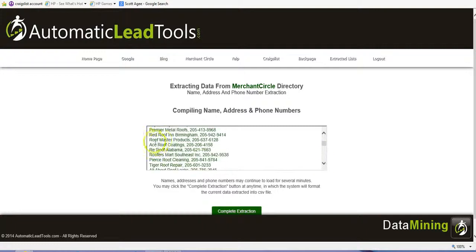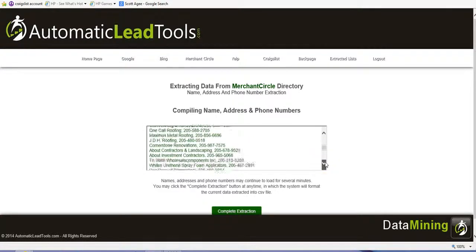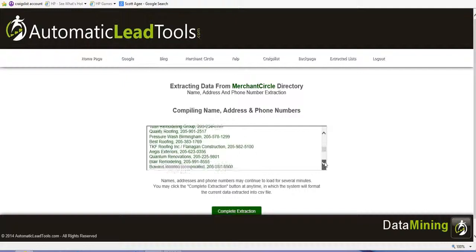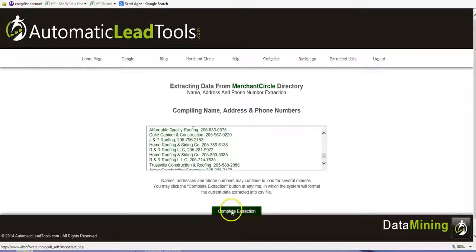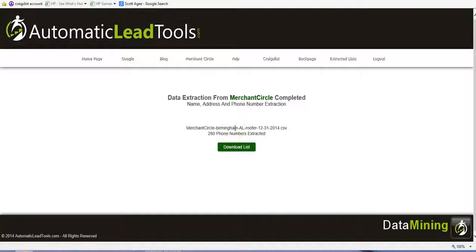And these are, you can see, Roof Master Products. So these are the yellow pages. Without you having to go through them, here it is. They're just scrolling through here. It'll get you a full list of those phone numbers you can put into your phone broadcasting account and broadcast out to them and ask them, hey, do you need new insurance? I'm going to complete this. It's still going to keep going, but I'm going to complete it. 280 roofers right there in Birmingham in 5 seconds.